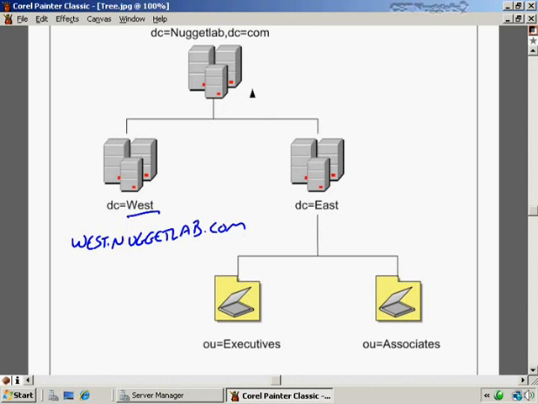So, for example, maybe up here we had 7-character passwords. Well, here we work with confidential data and more security-sensitive information. So maybe over here in the West, we needed to have a longer password policy. Maybe needed 12 characters. Well, clear up until now in Windows Server 2008, you would have to create separate domains